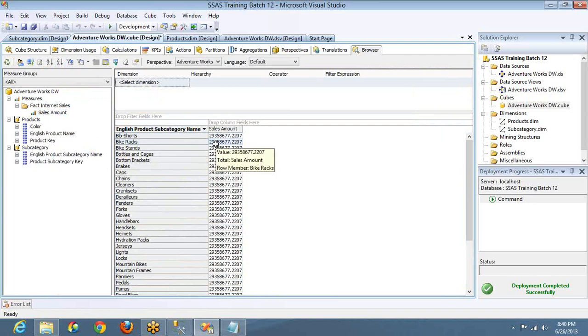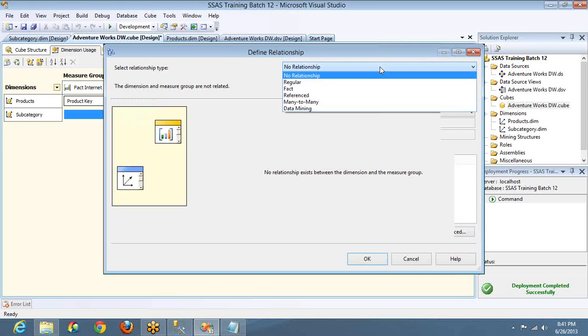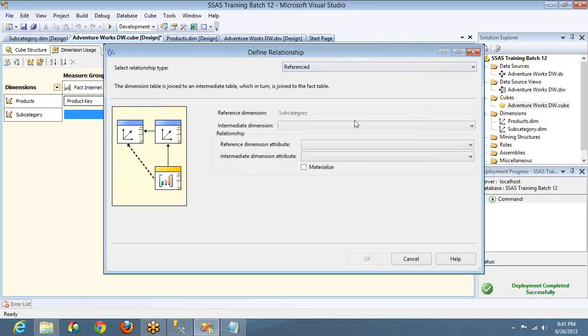And if I ask you what is the sales of brakes, can you give that information to me by seeing this cube? It is not possible. Why? Because the data is not properly displayed. So this is useless data. Why? Because this dimension and the measure group are not related. Now let me set the relationship. Don't worry much. We will have a separate session for setting the relationship. It is a very important one. If you don't have a relationship, it's like junk.